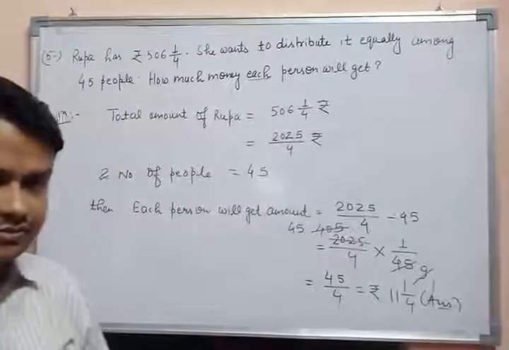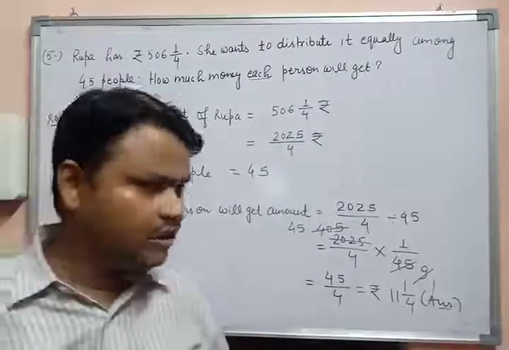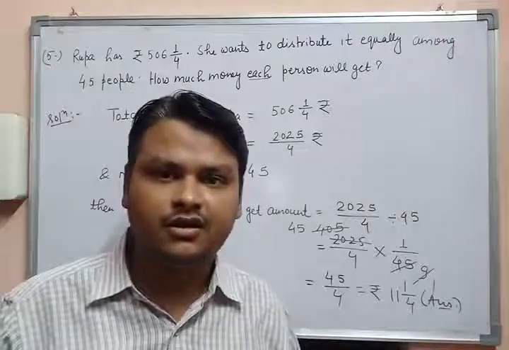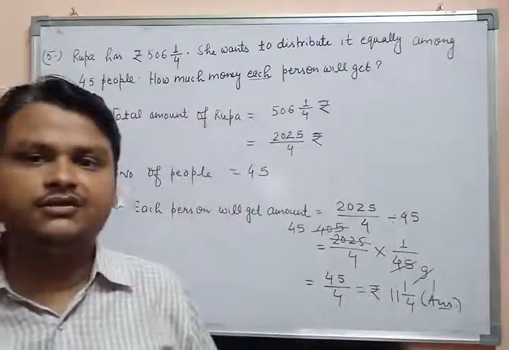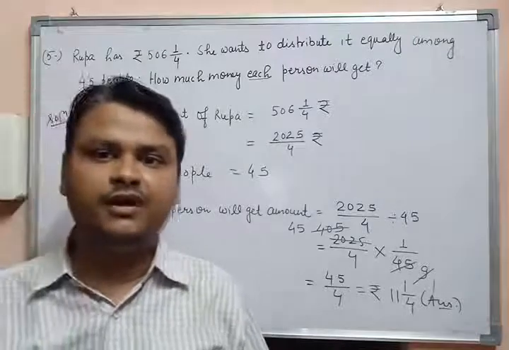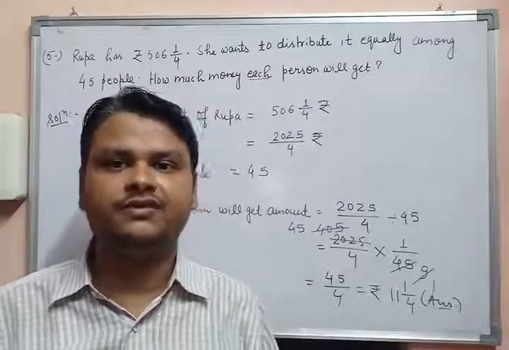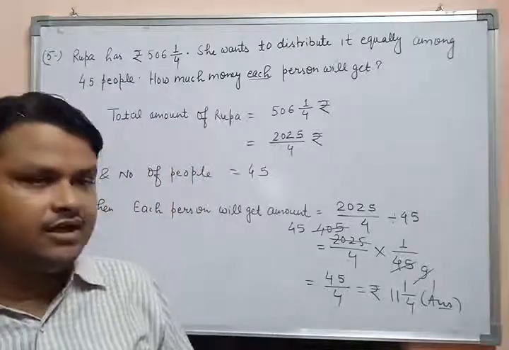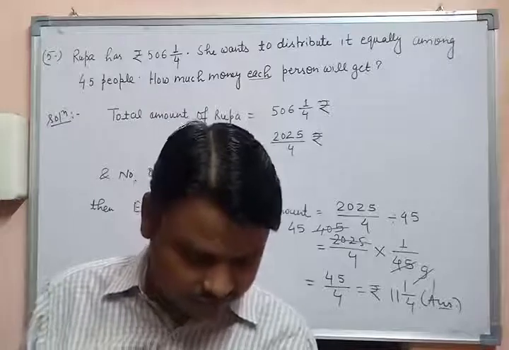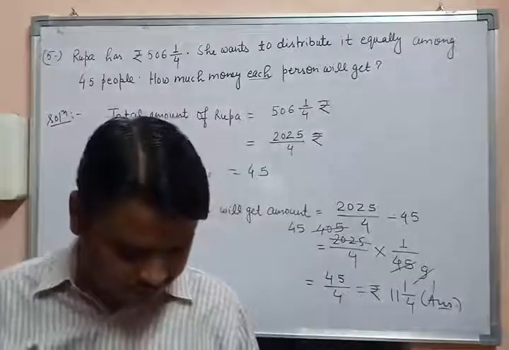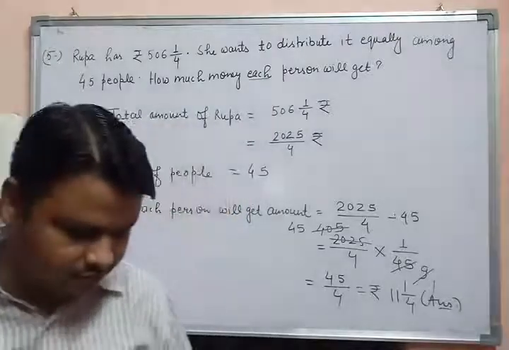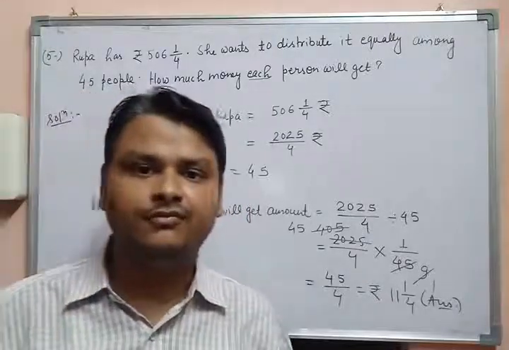Okay students, I hope all the concepts I have given you today are understood. This is the concept of division of a whole number by a fraction, or a fraction by a fraction, and I have solved lots of questions today. So students, you have to solve the remaining questions from 1 to 5 which I have left today. From 1 to 5 is your homework part.